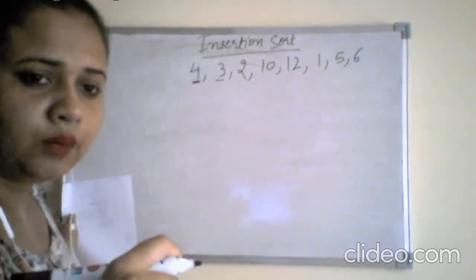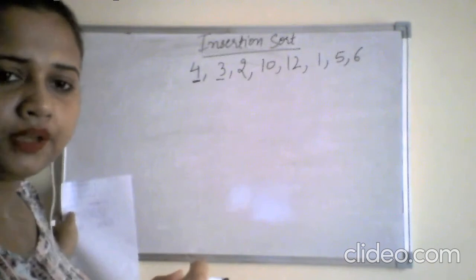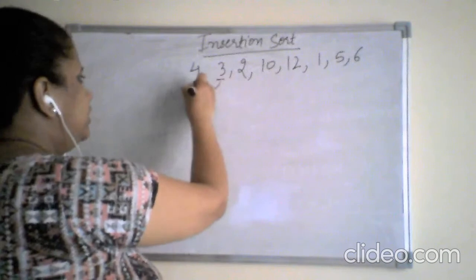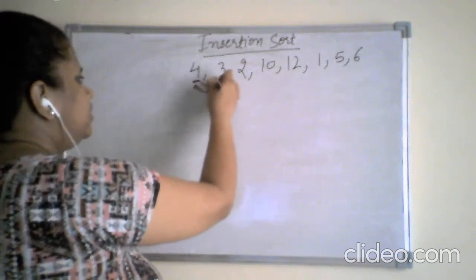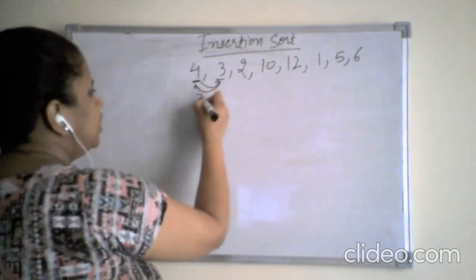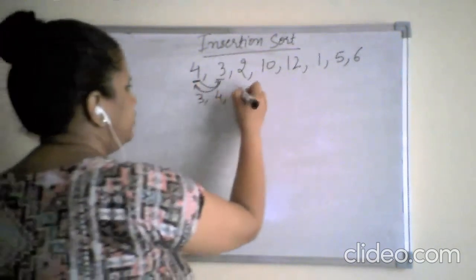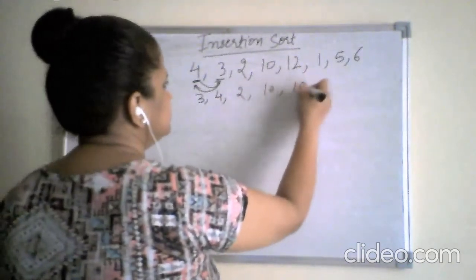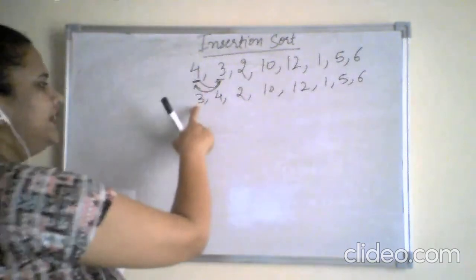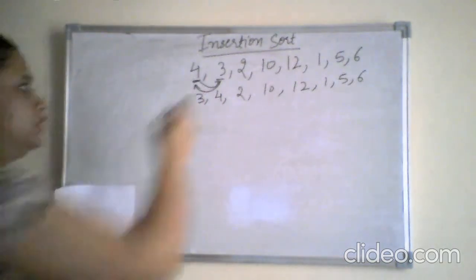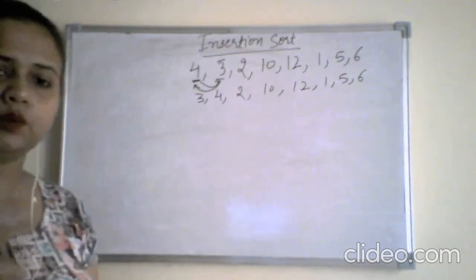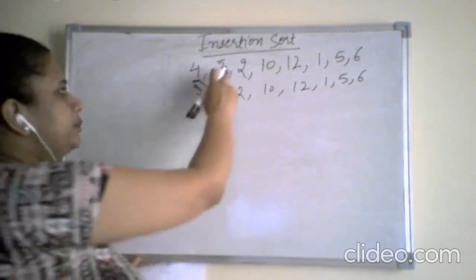Every time you do a comparison and you find that the other number is smaller than this one, you will swap the positions. After the swapping, your new data set will become this. After the first step, 3 has come to this place. This was the element we were comparing earlier, 3 with that of 4. We are done comparing with that.